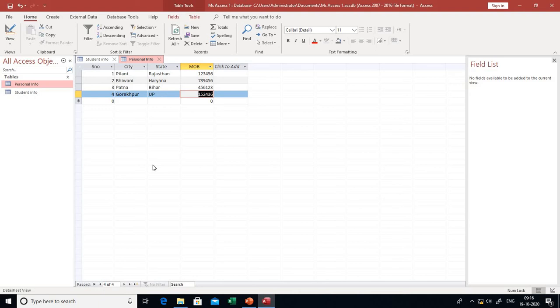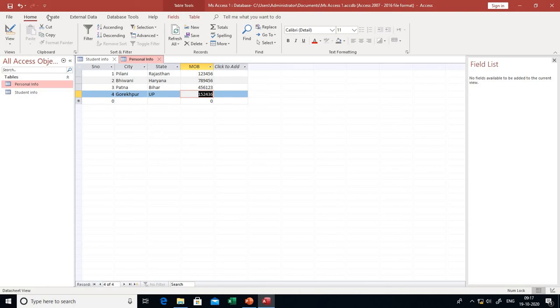A query is a database object which extracts information from one or more tables on some specified criteria. In simple language, you can establish the relationship between two tables. Why? To get a common piece of information. That's why we are using a query.